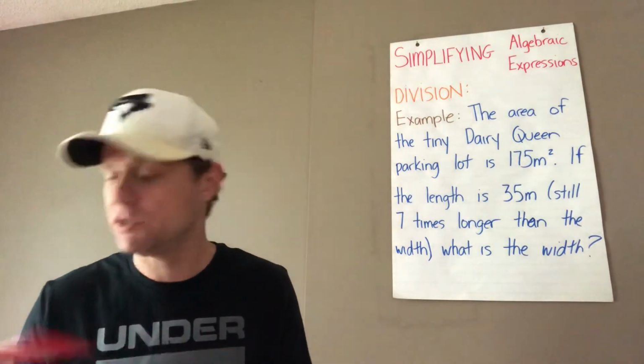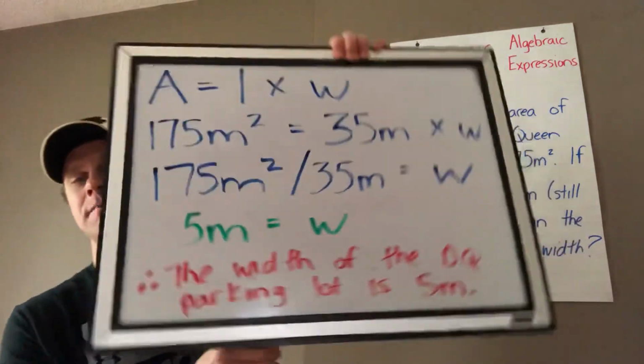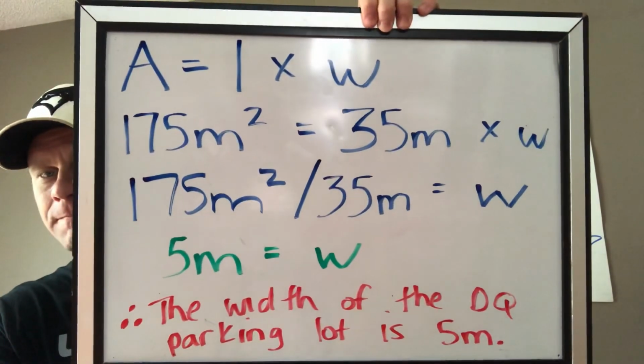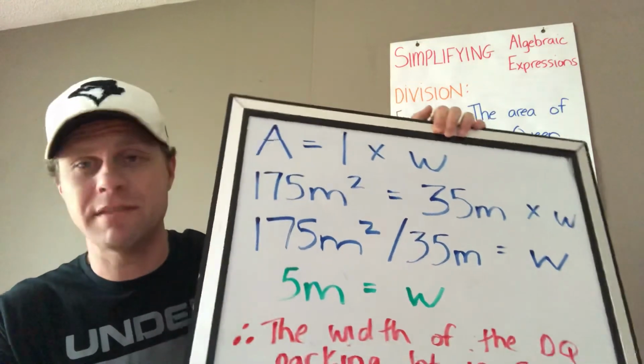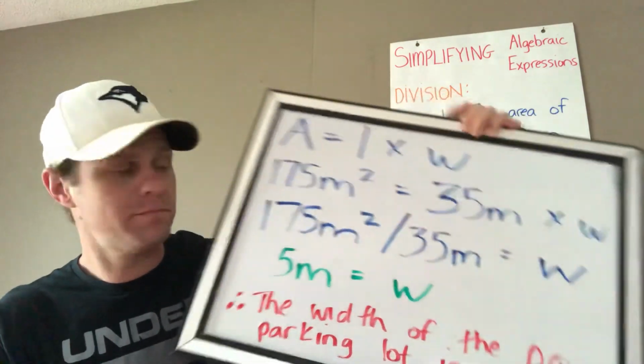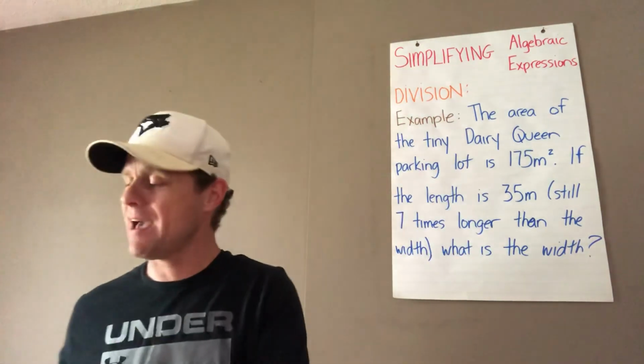Not squared, just meters. And this is it. All right? Remember the 3 dots right there means therefore. So we put that at the beginning of our therefore statement. And that, my friends,